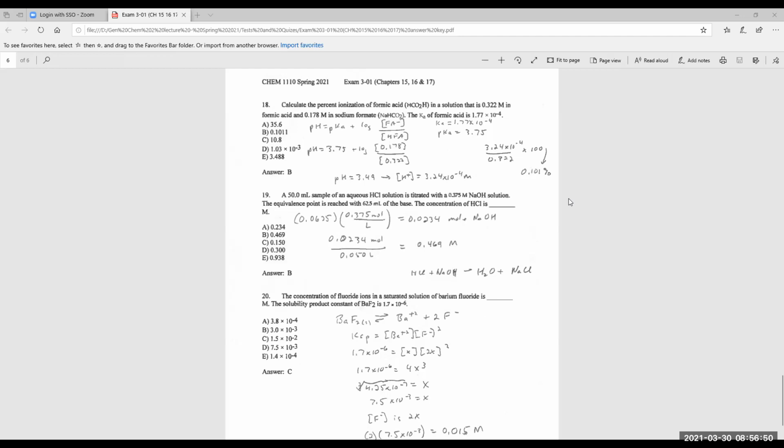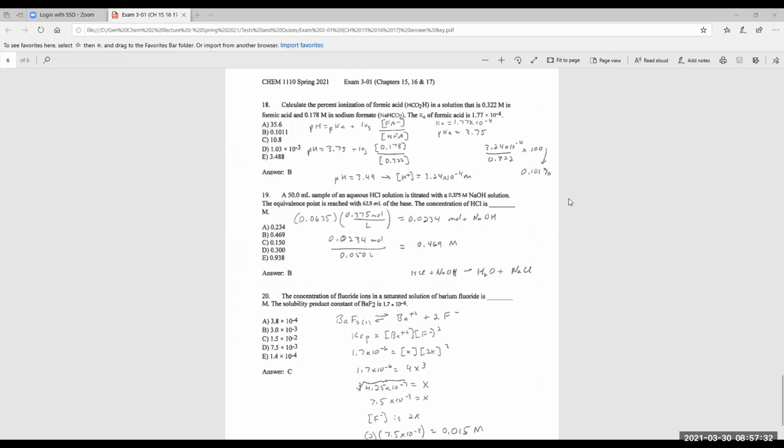And then we can go ahead and find the pH. Once we find the pH, then we can calculate what the hydrogen ion concentration is. So if you did all that correctly, you got 3.24 times 10 to the minus 4th molar for the hydrogen ion concentration. And then what you do to find the percent ionization, you ratio that concentration to the starting concentration of the formic acid. So you would have 3.24 times 10 to the minus 4th divided by 0.322. And then because we want it in percent, we have to multiply it by 100,